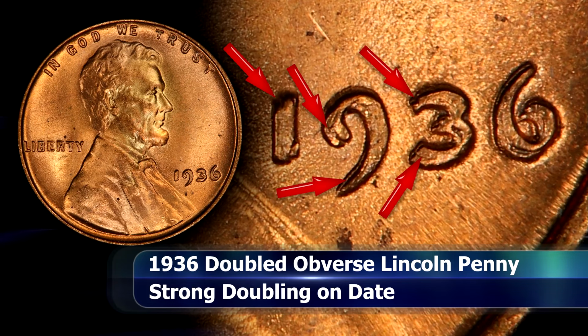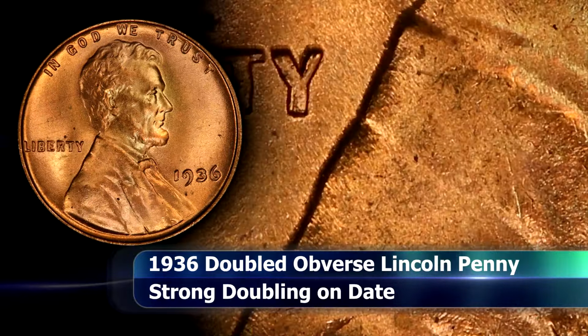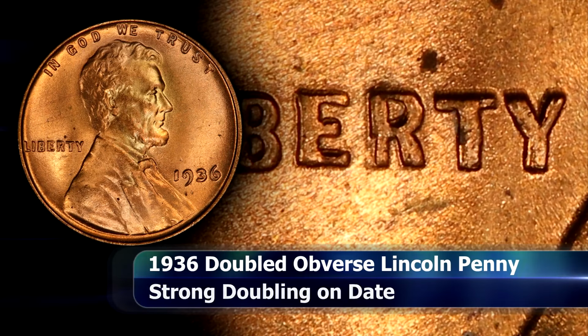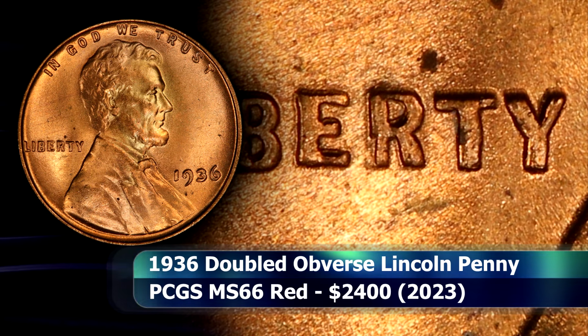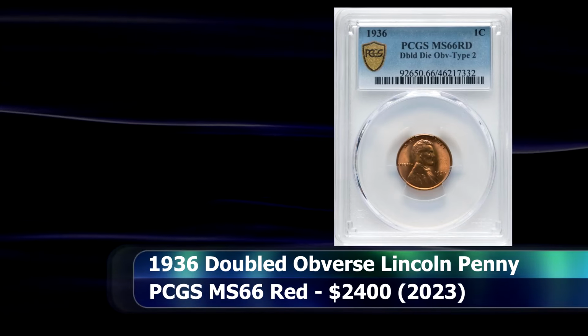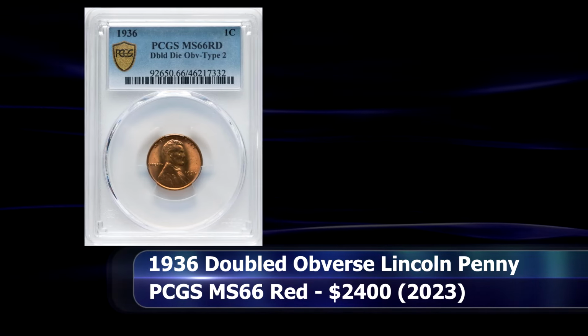A key identifying feature for this variety is the fact that the first hubbing took place with a defect on the R of Liberty, where you now get an infamous broken leg R, where the left leg of the R is clearly incomplete at the bottom. In 2023, a PCGS graded MS66 red example of this coin was sold at auction for the sum of